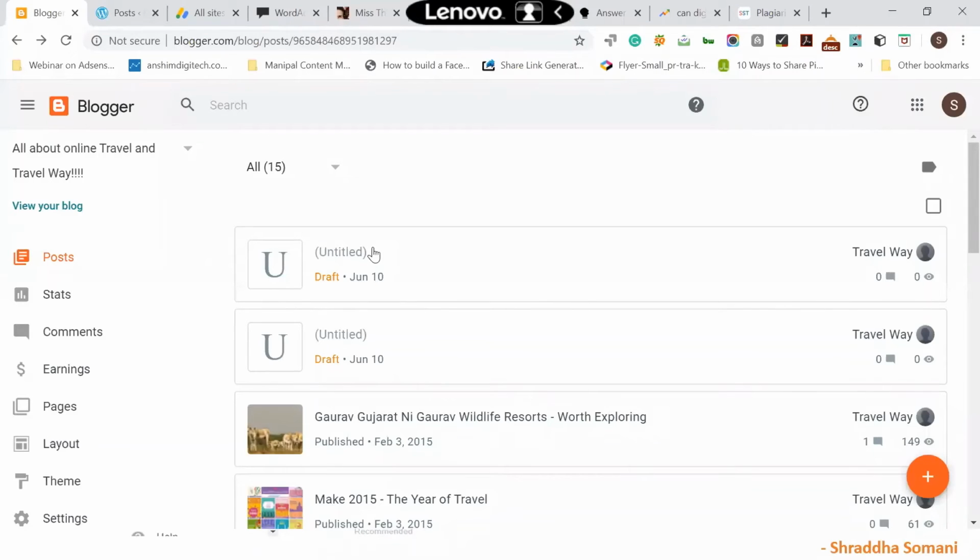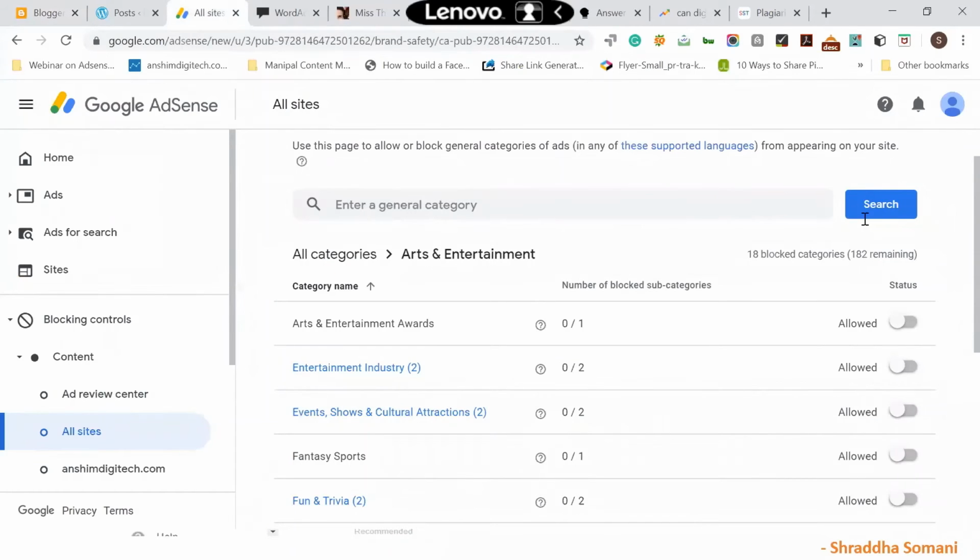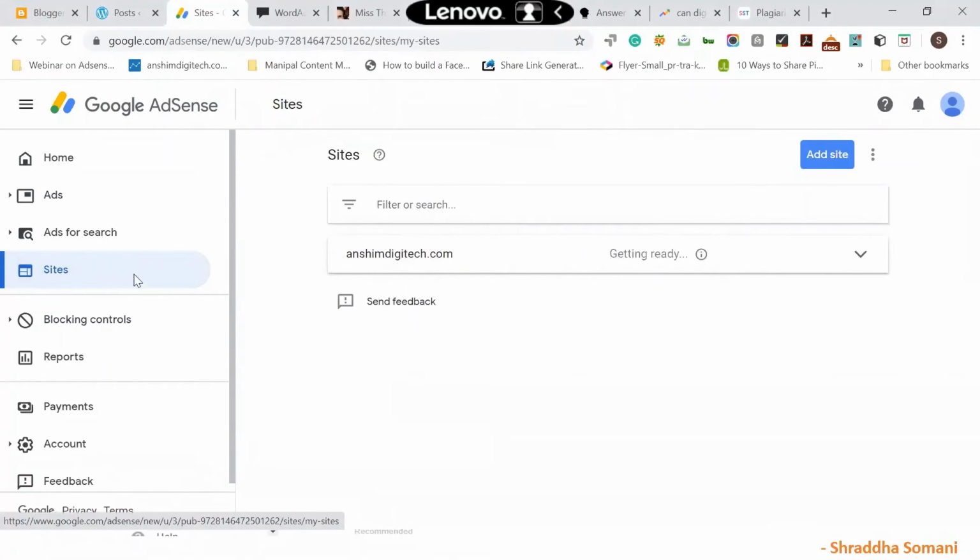So I'm saying that your domain name should be different for that. If you have the same domain name, right, you cannot do that. As I told you, travelway.blogspot.com and travelway.wordpress.com, you can create these two different sites and you can connect over here, right? As I showed you the site option, you can add those sites.